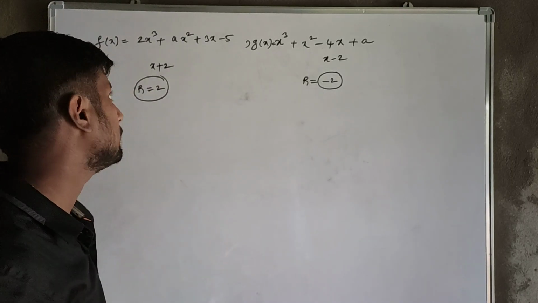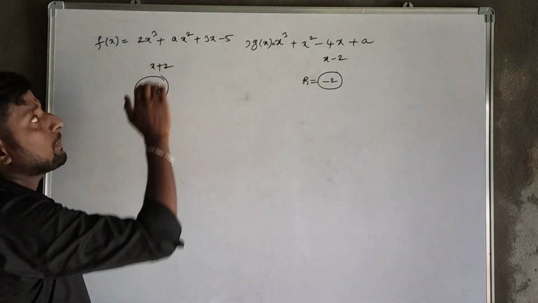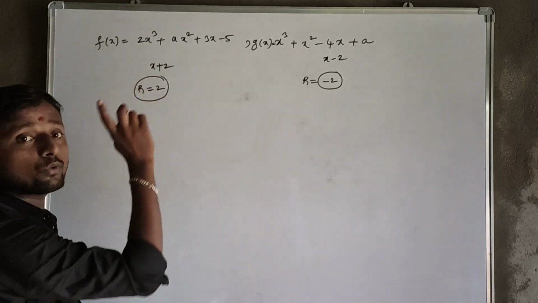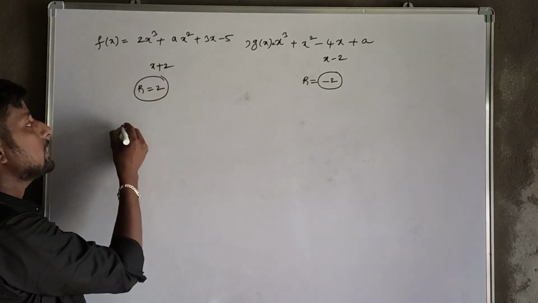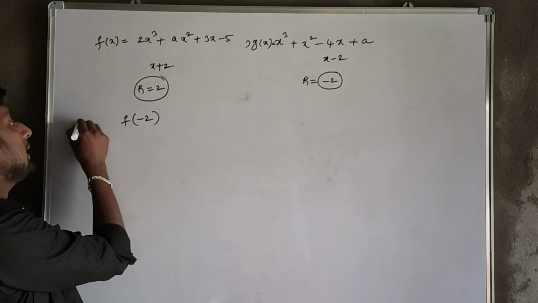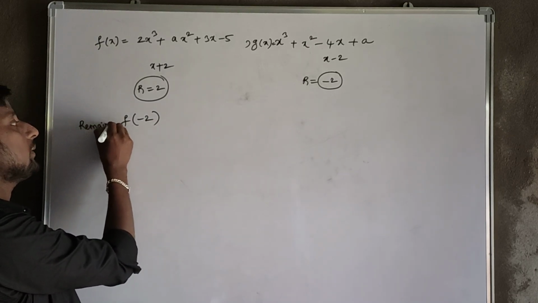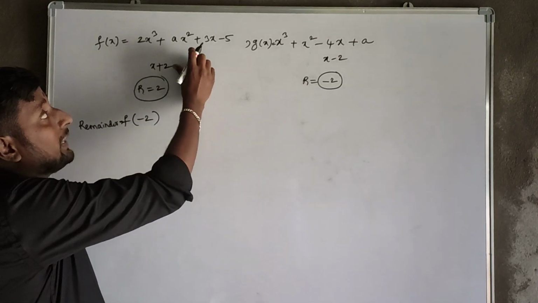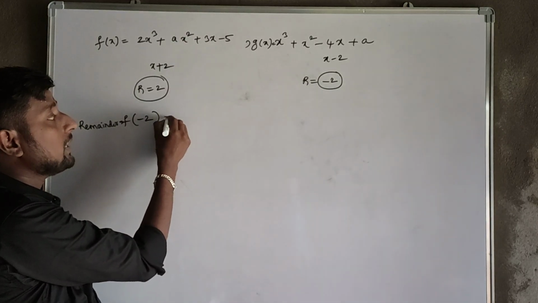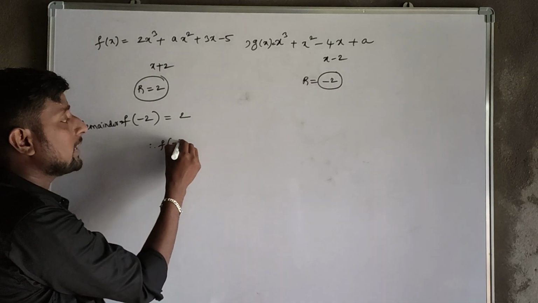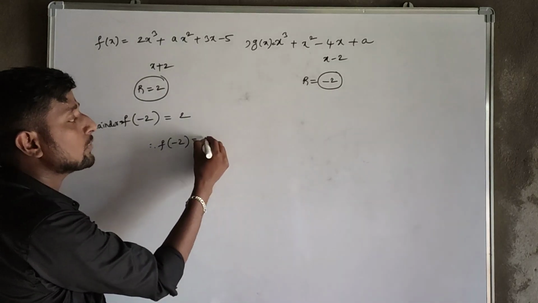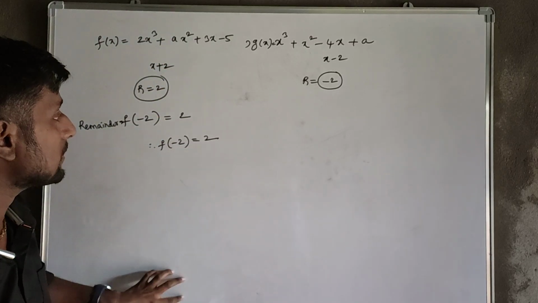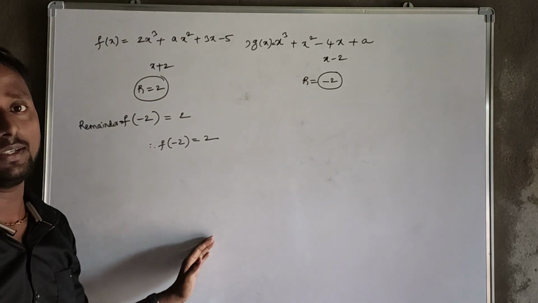Can we get clarification again? Coming back, f of x is a polynomial and x plus 2 is the divisor, so we have to take minus 2. Simply, I'll write f of minus 2 is the remainder, as per the remainder theorem. But it is said that when it is divided, the remainder is 2. Therefore f of minus 2 is the remainder, but the remainder value is already given as 2. That means minus 2 is substituted in the place of x in f of x, and the 2 stays on the right-hand side.